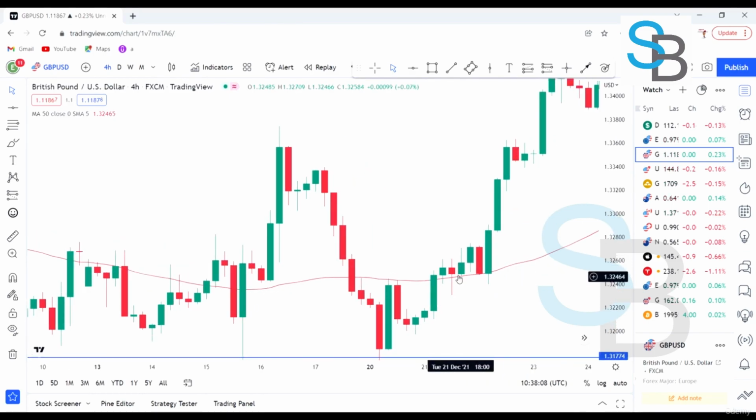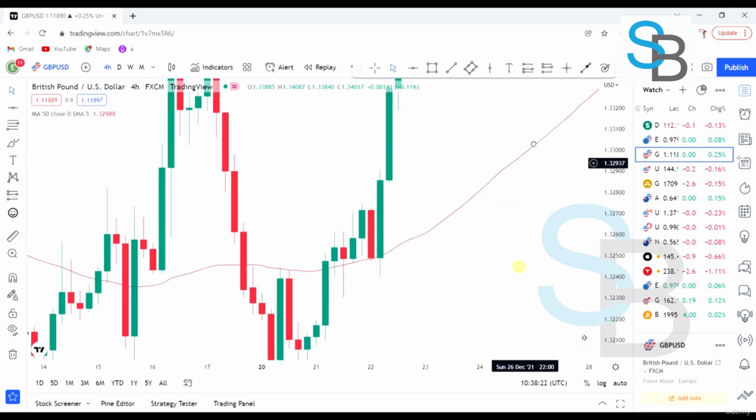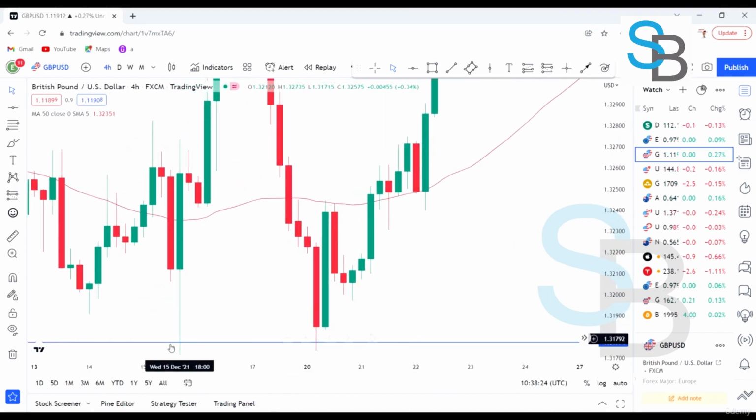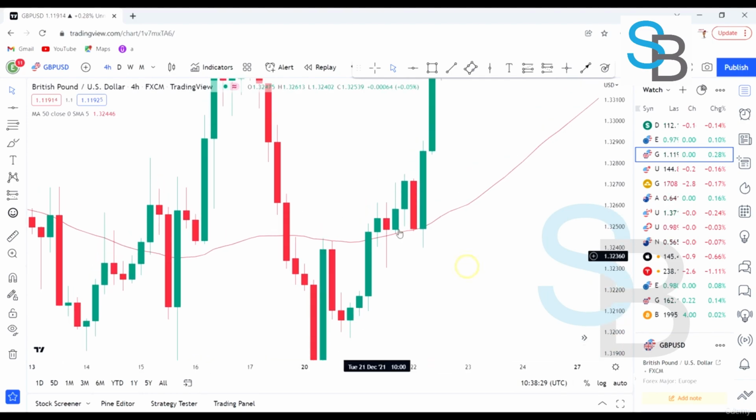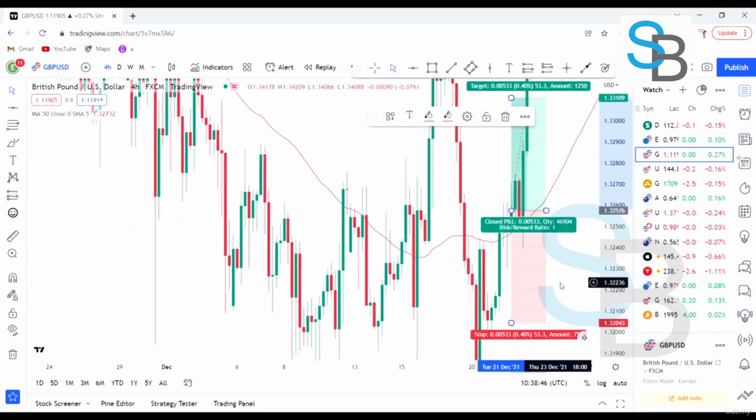that a candle like this opens above this simple moving average and then closes above the same moving average. That's all I look for. That's all I used to look for. So I'll just wait and see if we have a double bottom or a triple bottom or whatever price pattern we have here, and then the candles open above the 50 simple moving average and also close above the 50 simple moving average. So I'll just enter a buy trade, let's say, on the next candle,